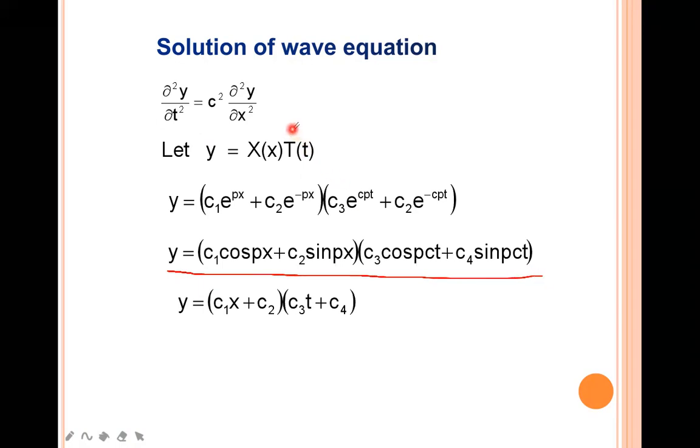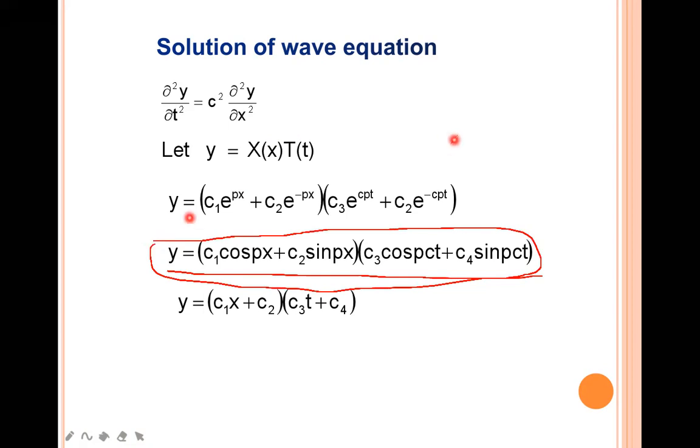We have already solved a few problems on the wave equation. Whenever the general equation is given, we can directly apply this solution. In the case of word problems, how do we identify the problem as a wave equation problem? Whenever a stretched string or a length of wire is given, in those cases we use this.